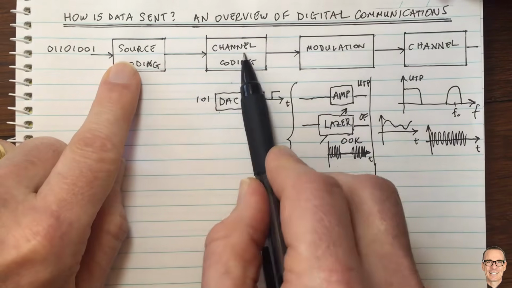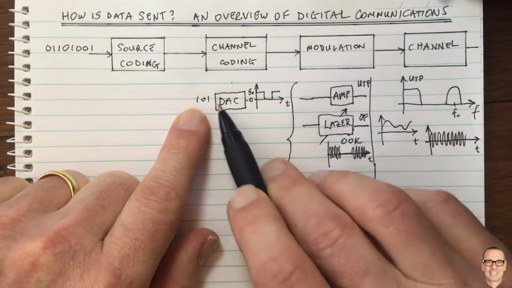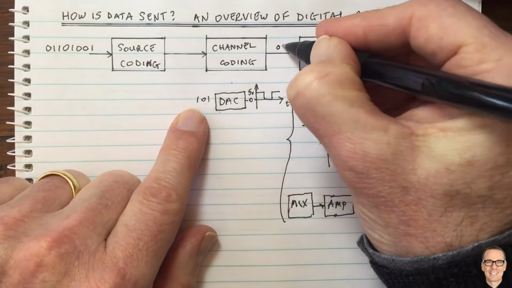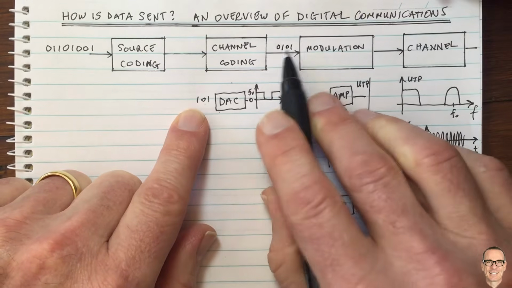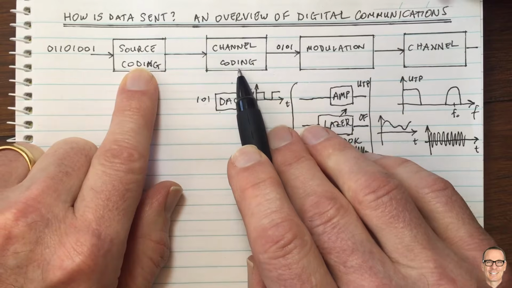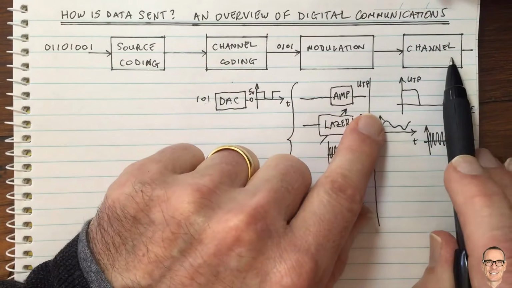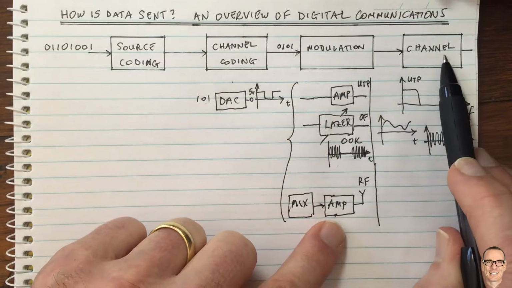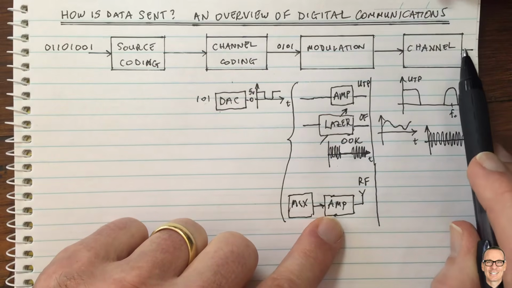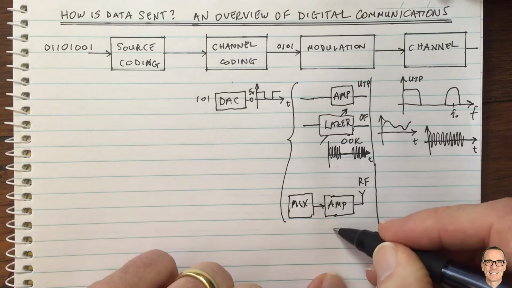So what are these other two boxes? Channel coding and source coding. We definitely have ones and zeros coming through here. This is a sequence of ones and zeros in here. What are these two other boxes doing for us? Well, what is going to happen in our channel is we're going to possibly have errors. So when it comes to our receiver, when our receiver receives these waveforms, I should draw this waveform here, of